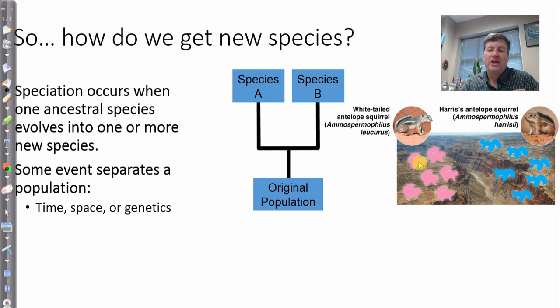If you were to airdrop these squirrels onto this side, we don't do this, but let's pretend, they have become so different after being separated for so long that they won't interbreed. Perhaps it's behavioral differences, perhaps there are slight differences in their chromosomes or in the formation of zygotes, so that they just will not interbreed. They are now considered separate species. And by the way, hopefully you can recognize that in their names. You see here's the genus, so they are of the same genus, but you see there are now different species